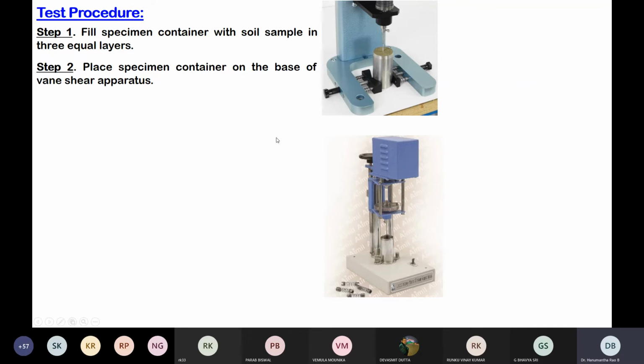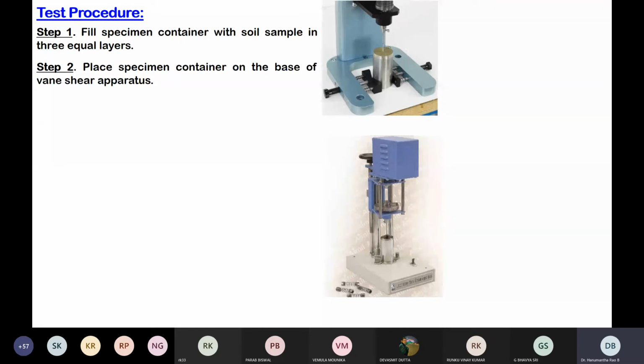Usually the Vane shear test is conducted for varying moisture contents. Suppose you want to determine a shear strength as low as say 5 kilopascals or 10 kilopascals. Such low shear strength is practically not possible to determine by UCS test or by UU, CU or CD test. In those circumstances, the only choice is to go for the Vane shear. The Vane shear test is especially useful if you want to determine the shear strength as a function of the moisture content, especially when it is much low, say below 50 or below 100 kilopascals.